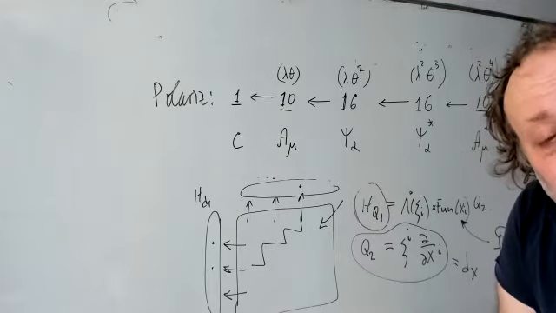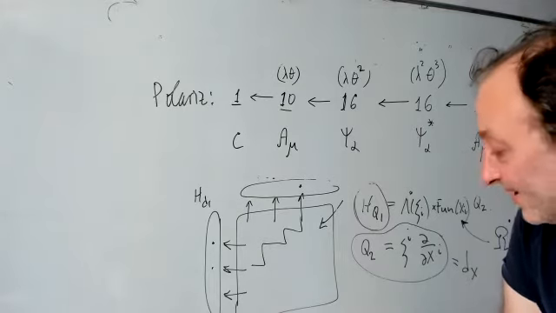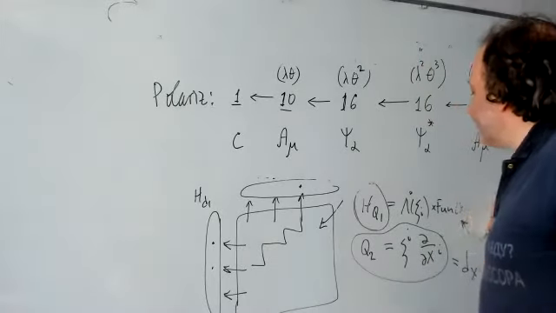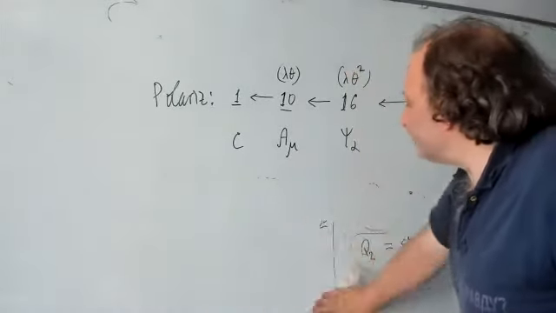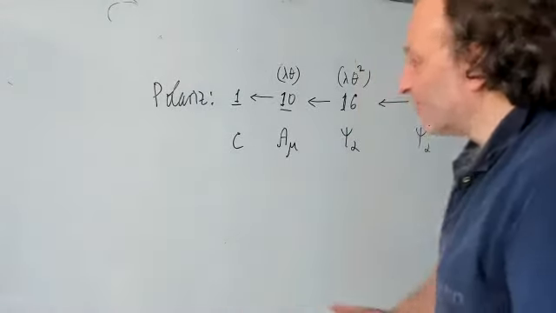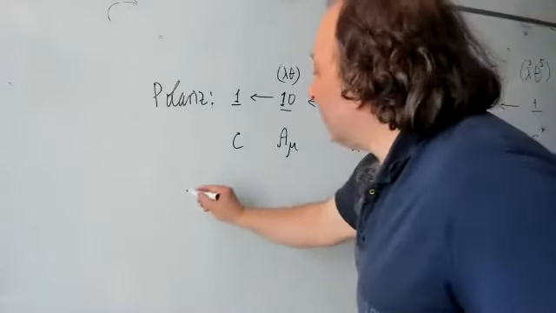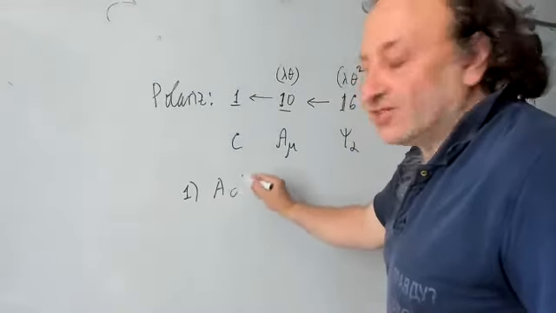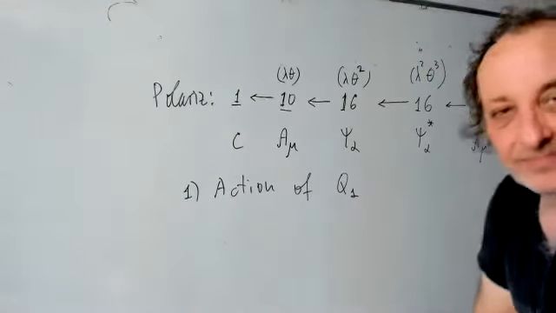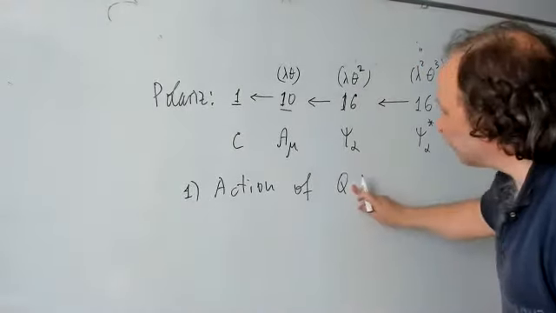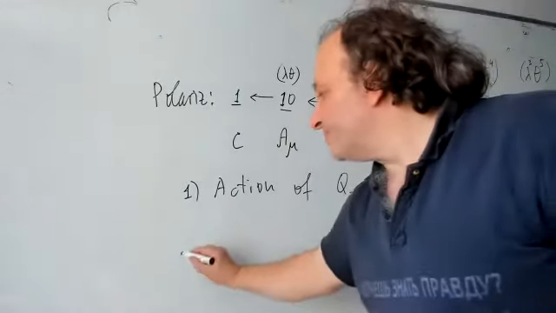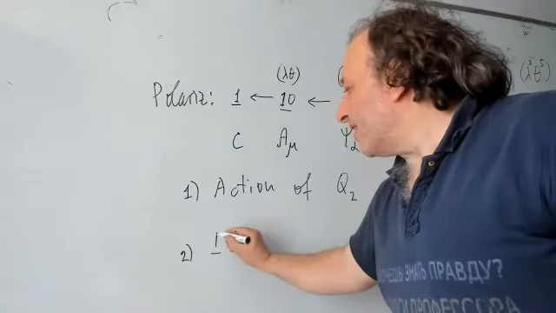But it's not all. Now, we need to look for two things. First thing, action of Q1, or of Q2. And what is even more remarkable, we need to look for the higher action